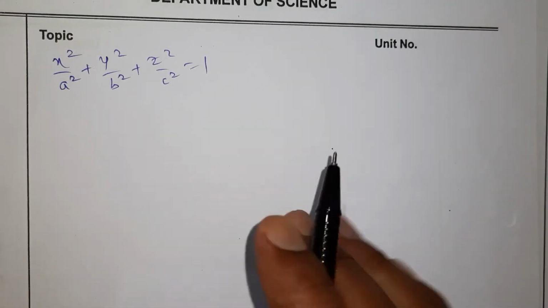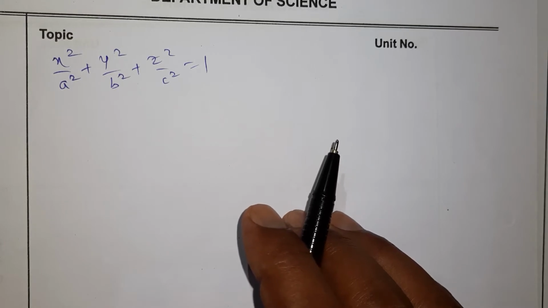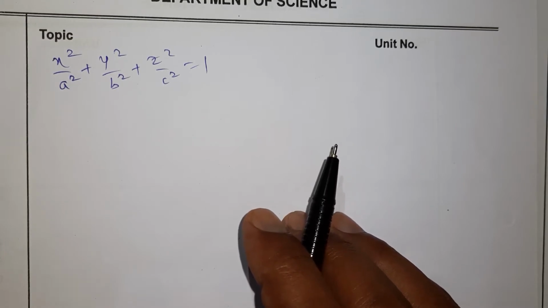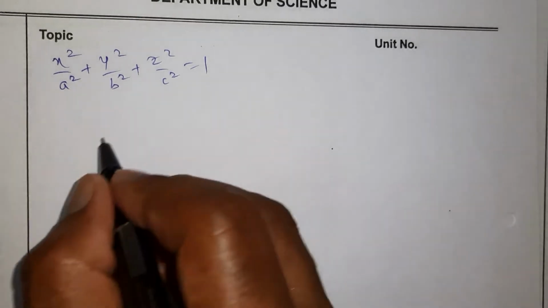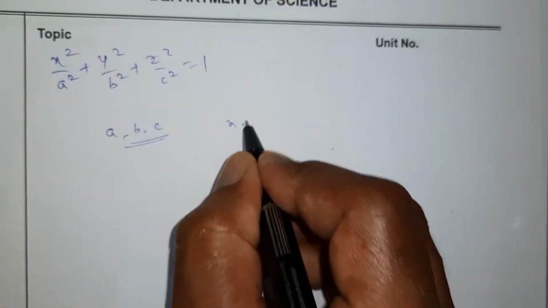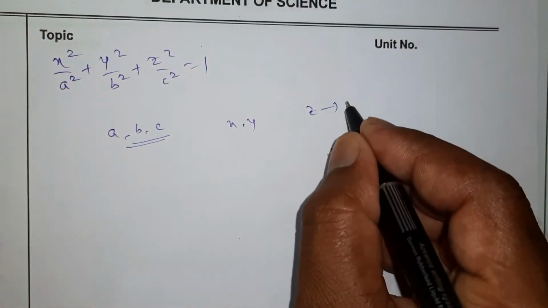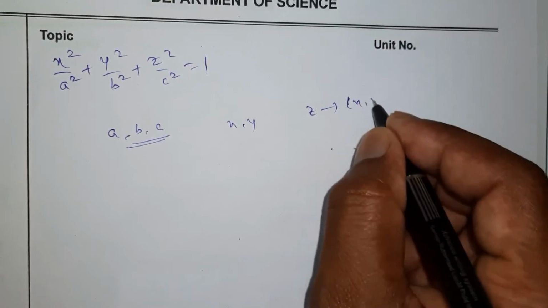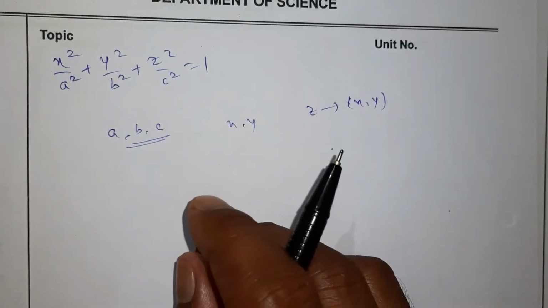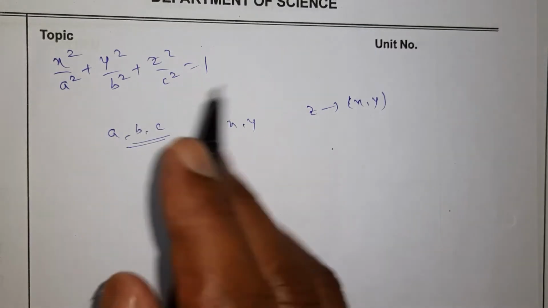This equation is given and we have to find the partial differential equation associated with this solution. Now here three constants a, b, c are given, but the variables are only two. Which are the variables? Only x and y are the variables, because z is a function of x and y, to get p and q clearly. Now we have to differentiate with respect to x and with respect to y only.